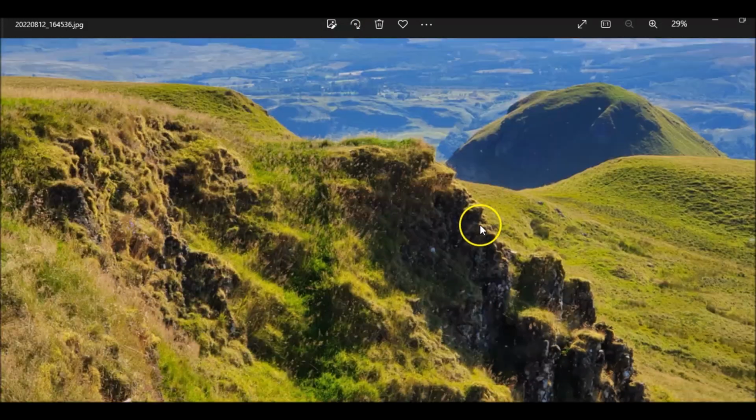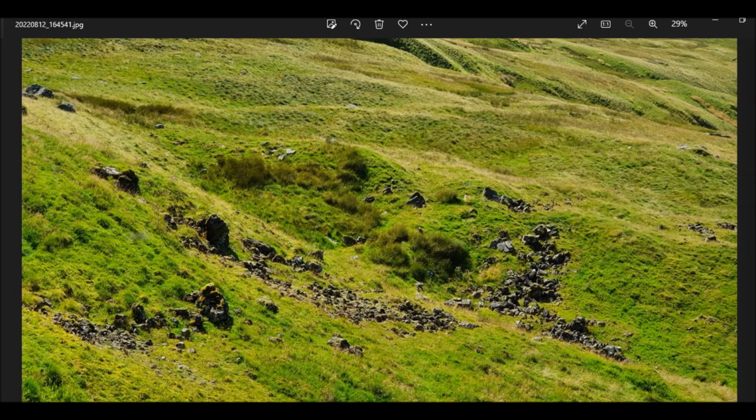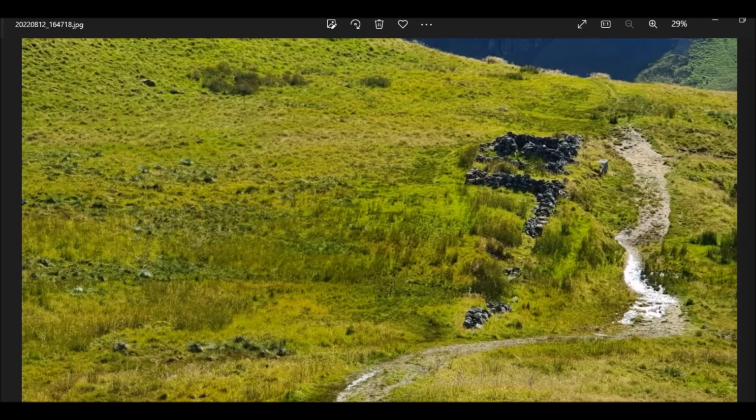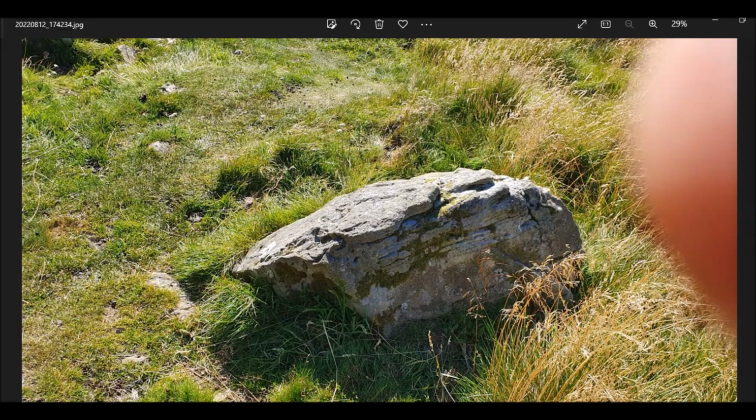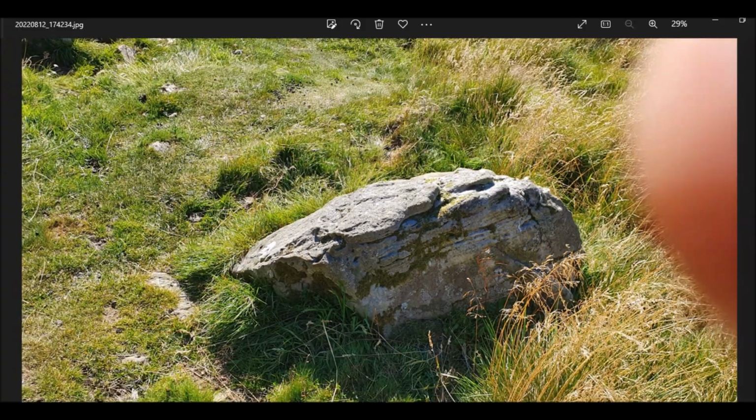And this is some rubble. This is like a pen. It's like the shape of a G. Then it just peters out to here. And again on splits. Just like wood.